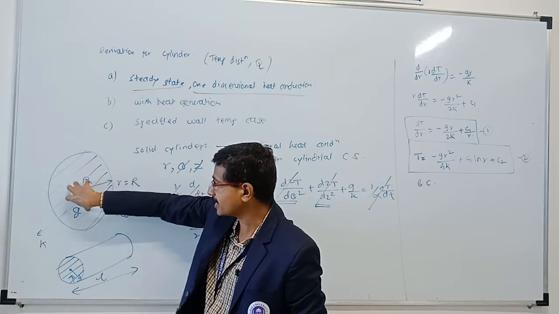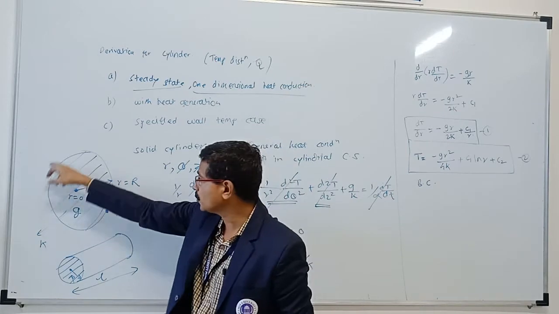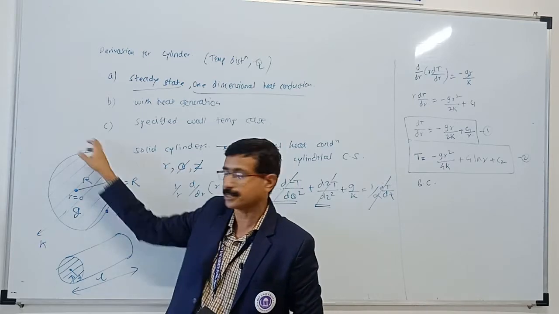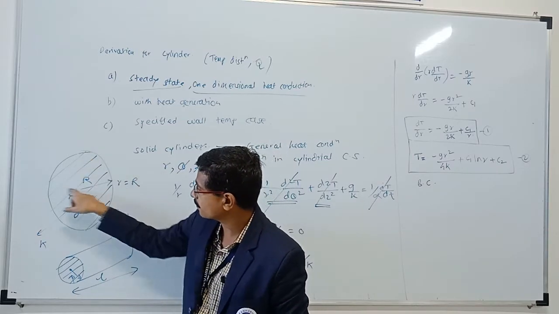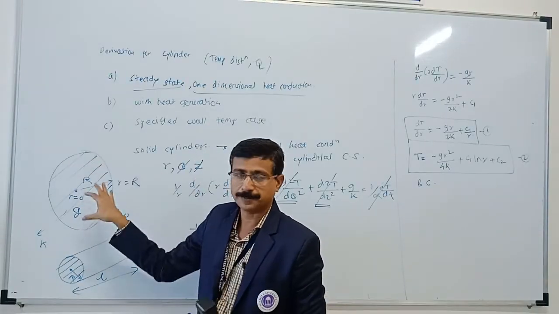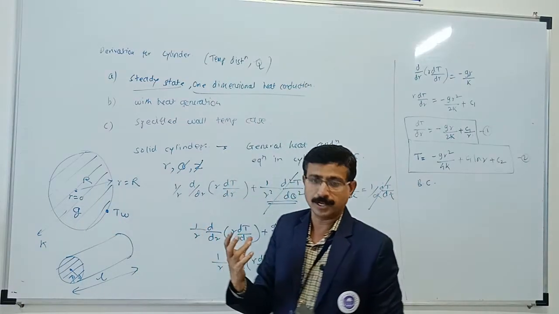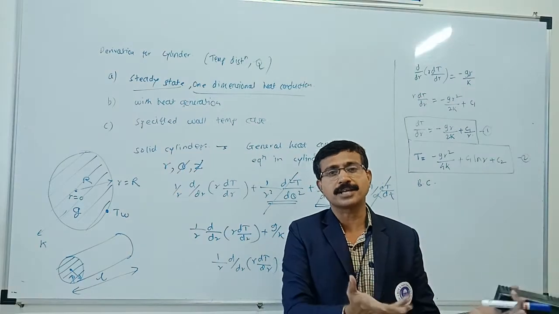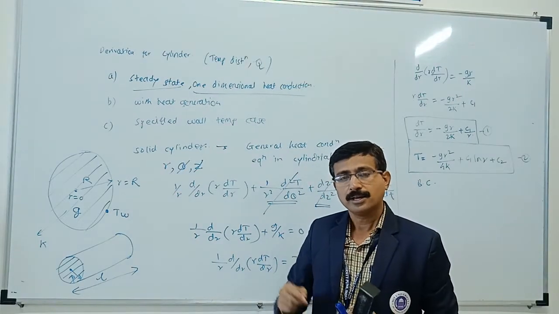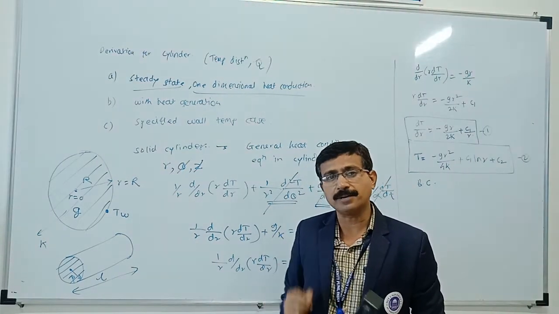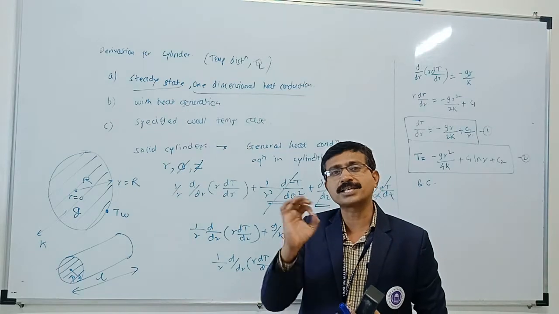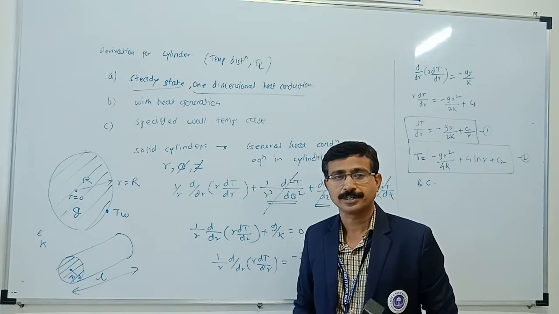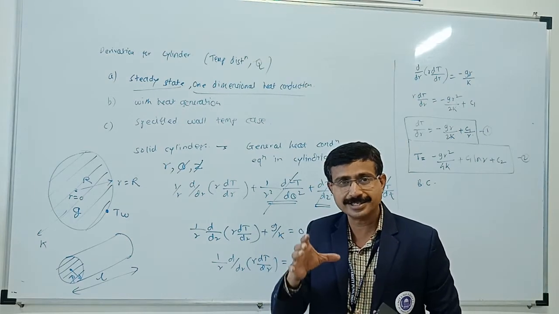The heat is generated inside the element, and you know it is symmetric from all sides because it is a cylinder. The radius is same from all sides, so it is symmetric. Just take an example. A hot rod is taken out from the furnace and it is kept in surrounding. At any point of time, can you tell me where the maximum temperature exists? Yes, it exists at the core.